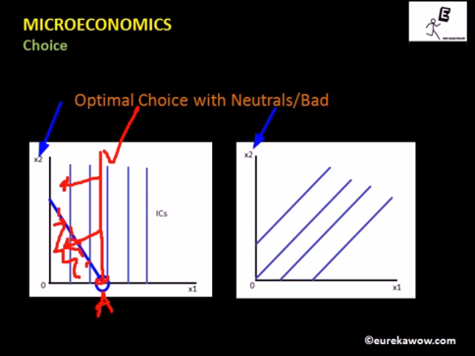So when there is a neutral good, the optimal choice will be a point where the consumer consumes 0 units of the neutral good and spends the entire income on the normal good. That is quite obvious. Similarly, in case of a bad, it is quite obvious that the point of optimality will be when the consumer is spending the entire income on a normal good and consuming 0 units of the bad, because a bad will be providing a disutility to the consumer. And we know that these are the indifference curves. If these are the indifference curves, then the direction of increasing utility is this.